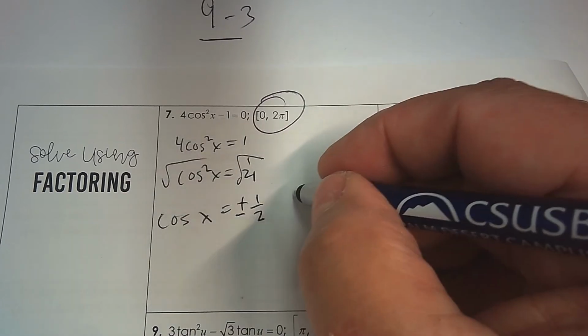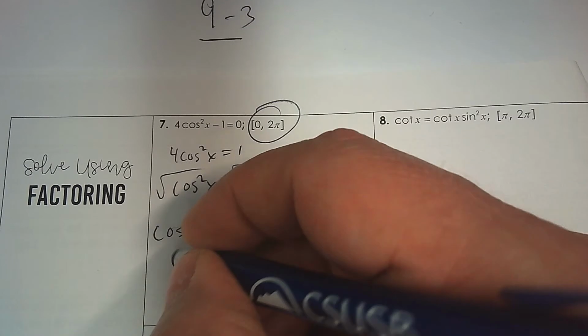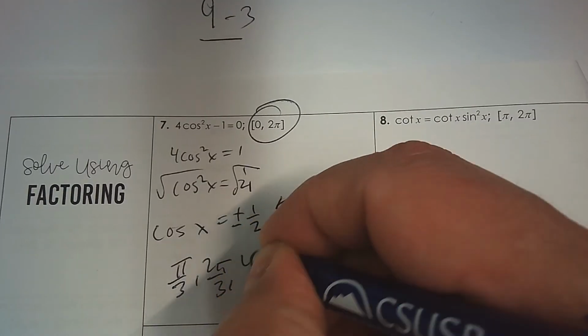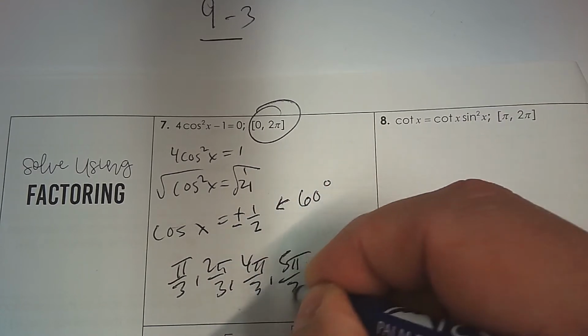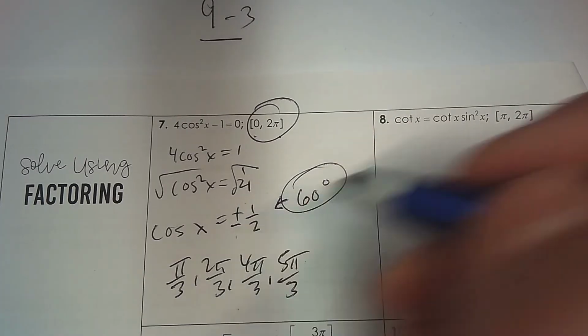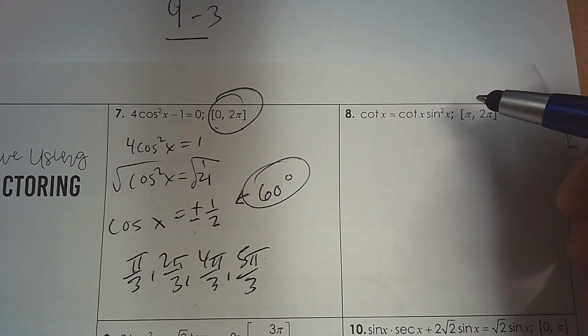So what reference angle is that? If the x coordinate's 1/2. That's 60. So all angles, that's pi over 3, 2 pi over 3, 4 pi over 3, and 5 pi over 3. So it's all 60 because it's 0 to 2 pi, positive or negative. So that's all the angles in terms of 60 degrees. Number 8,